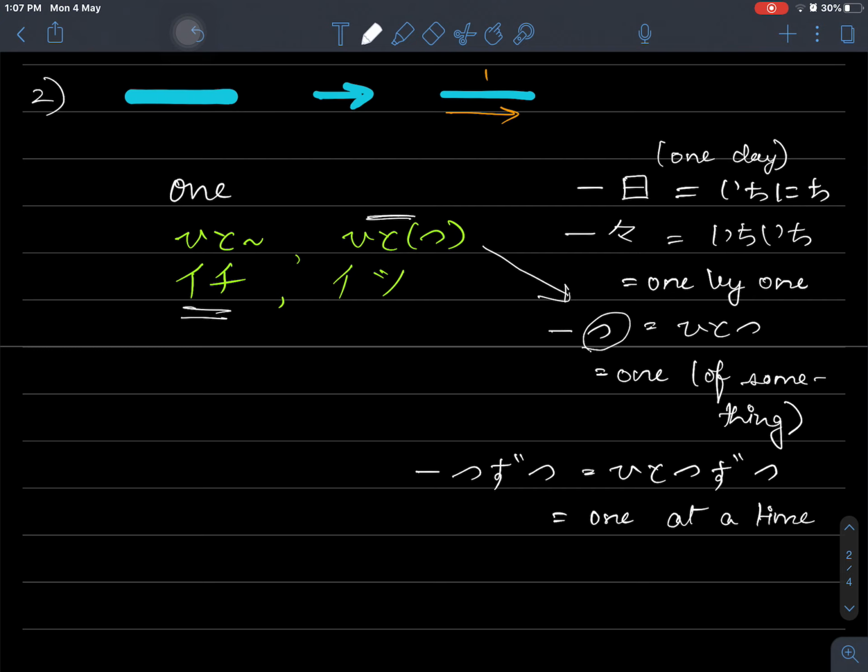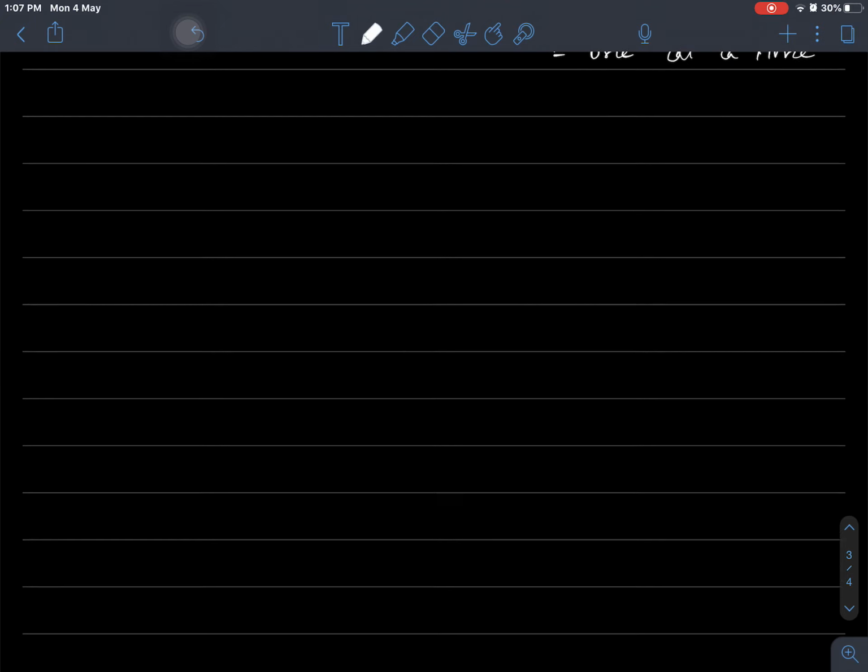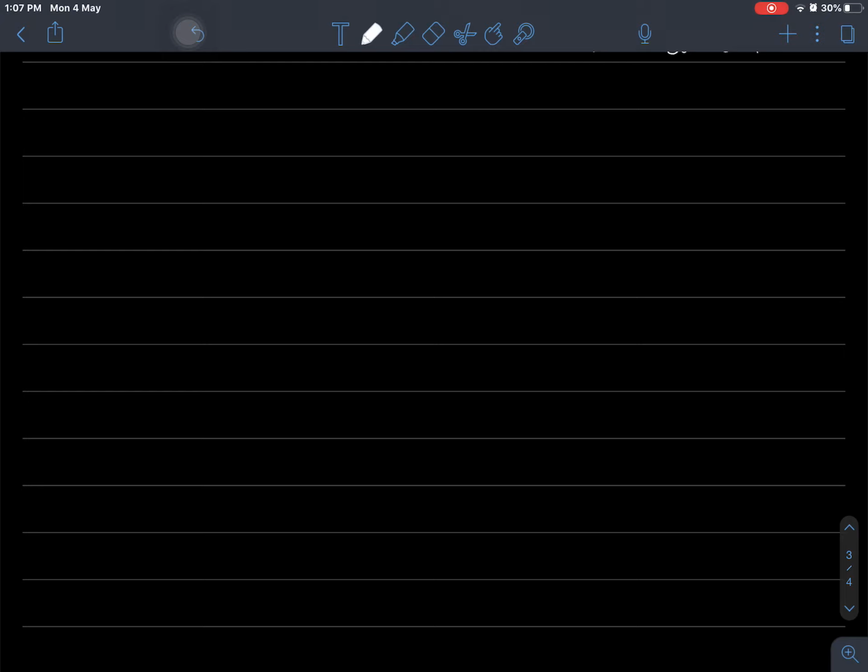There is a special note in the book for this kanji which says that this representation of one is the generic one, and there are other ways of writing one for, let us say, legal documents, for banknotes, etc. And we will cover that later on in the book. But for now, just know that whenever you want to talk about one of something, usually you will use this single kanji followed by whatever it is that you're talking about. So that's how one is written. I hope things have gotten a bit easier now. So we go to the third kanji.